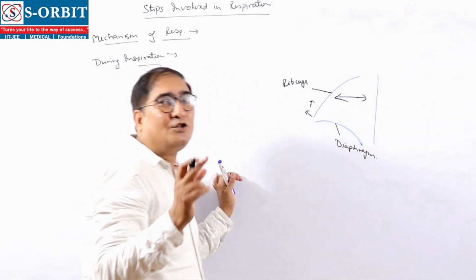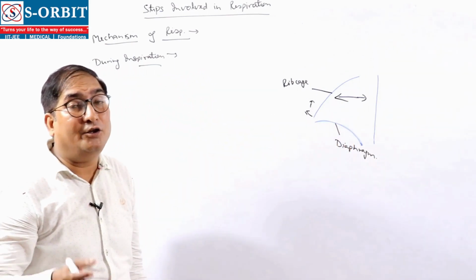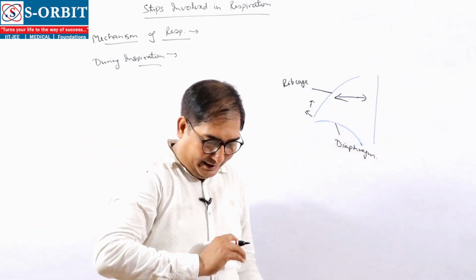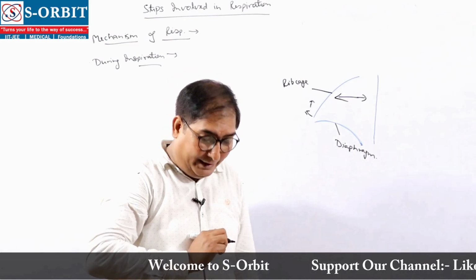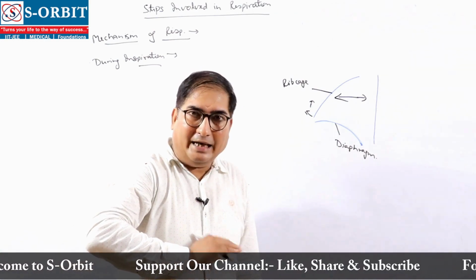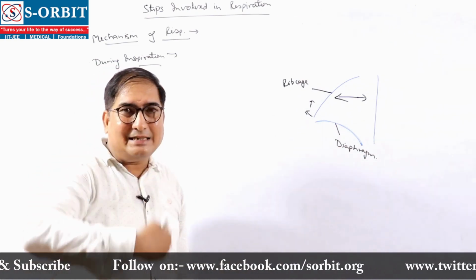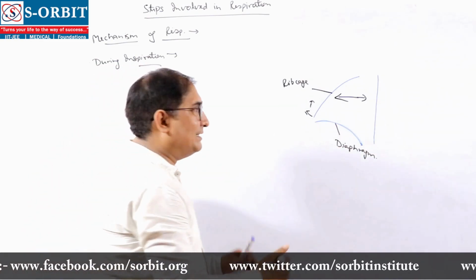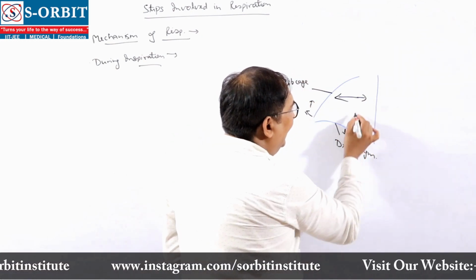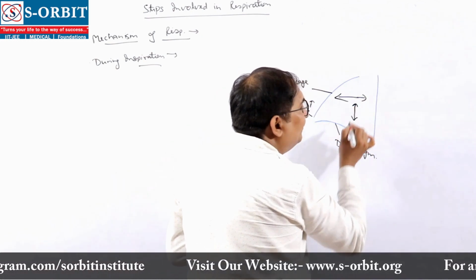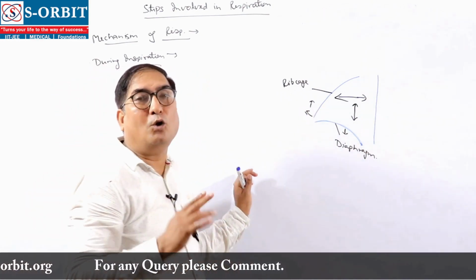And the phrenic muscles of the diaphragm contract. Normally the diaphragm is a dome-shaped structure like this. When the phrenic muscles contract, they make the diaphragm flattened like this, so the intrathoracic volume increases in the anterior-posterior axis. So the diaphragm goes downwards, thereby increasing intrathoracic volume in the anterior-posterior axis. All these two things cause the